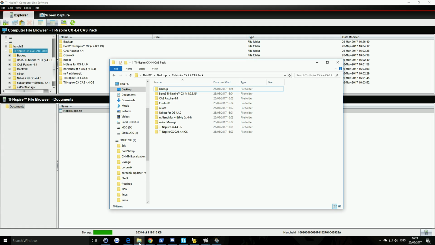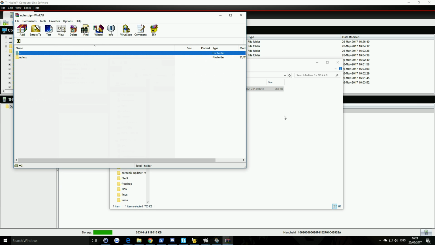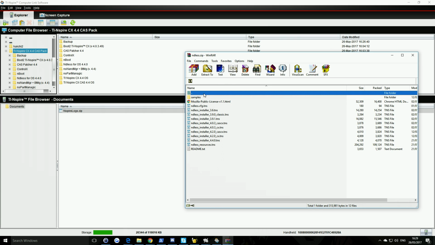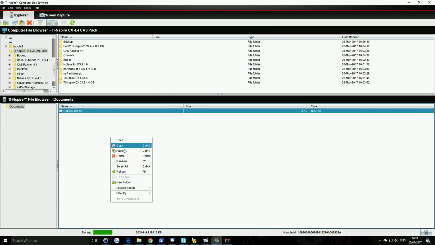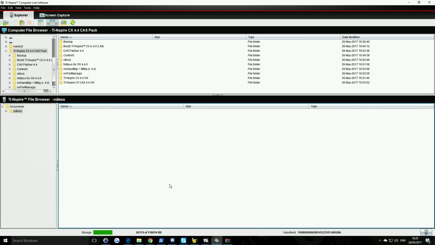So now you want to extract Ndless, which we're going to need. Just open up the zip file and extract it somewhere. In my case, I'm going to extract everything to the directories where the zips are. Just create an Ndless directory in your calculator,